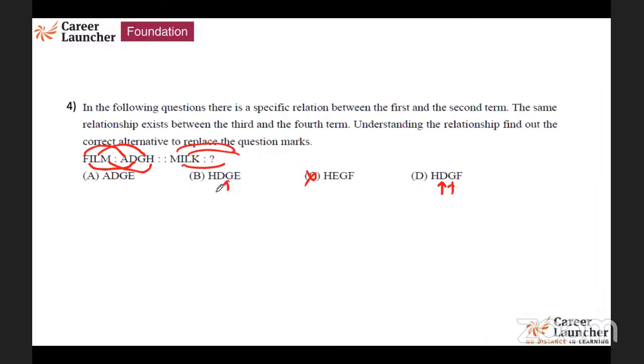G is there in all these things, unfortunately. I have to check for M. M, what happens? You will get that it has to be H. H has to be there. This is gone. And the last one is, what should be? Your K. And that will be your F. Again, look at the difference of numbers. Difference of numbers from F to A, I to D, L to G, M to H. You will get your answers very, very quickly. Hence, answer is D for this.